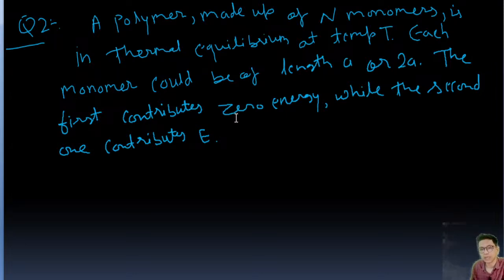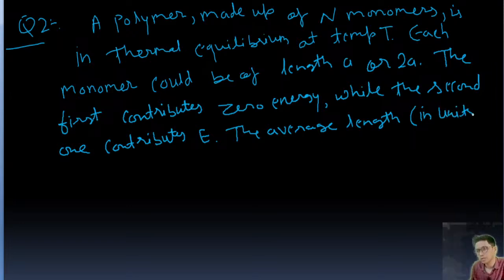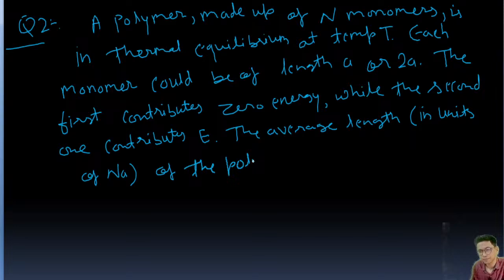The average length, in units of Na, of a polymer at temperature T equal to E upon Kb, is... Okay, options are